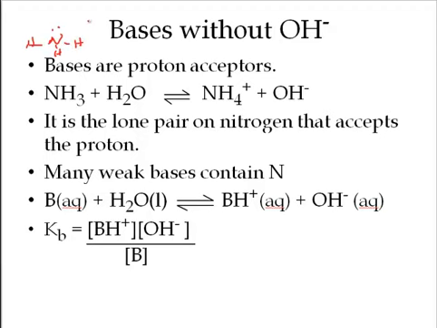And imagine we've got a water floating around. Now it turns out that this H can break off the water and is attracted to that lone pair. And so then what you're left with is, of course, an OH minus. So notice what a base without OH does. When it combines with water, it forms a hydronium ion, but it also, more importantly, forms a hydroxide ion. So that's kind of the way it works.